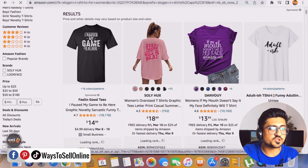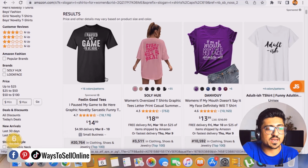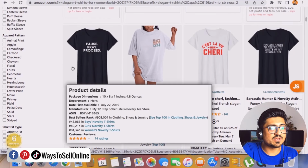So if you see this first t-shirt, I pause my game to be here. This is basically a simple text slogan design which a seller uploads, and if someone purchases that t-shirt, that seller will get the money. And if we go down, we can find many of the phrases here, many of the slogans which